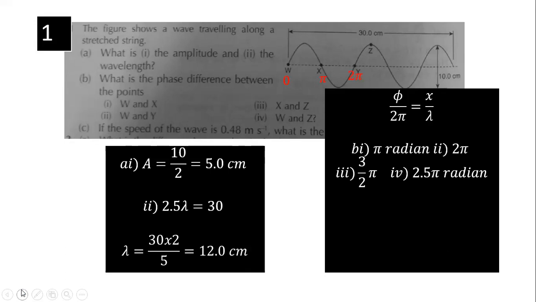Okay. If the speed is that, what is the frequency? v equals f lambda. Calculate it out. What's the answer? So walking through, 0.48. So you understand the lecture. 0.48 divided by